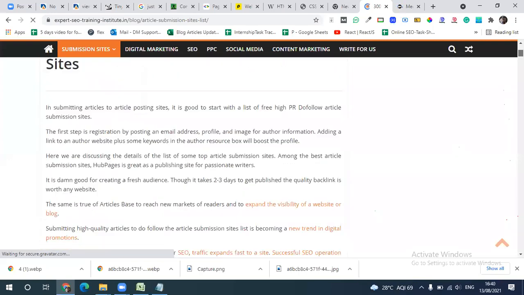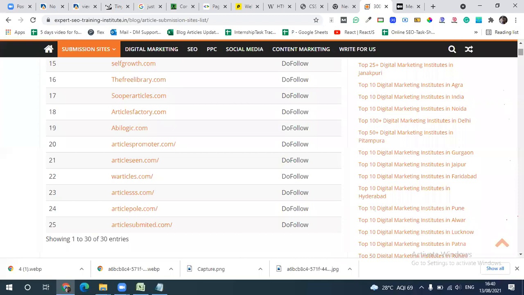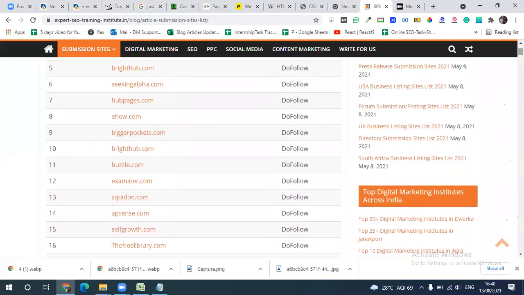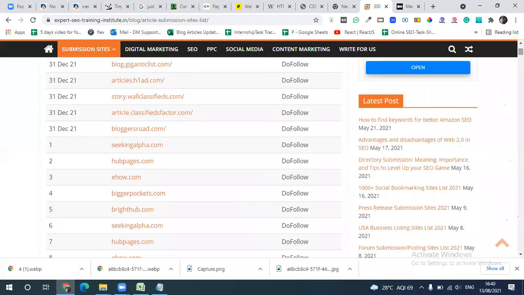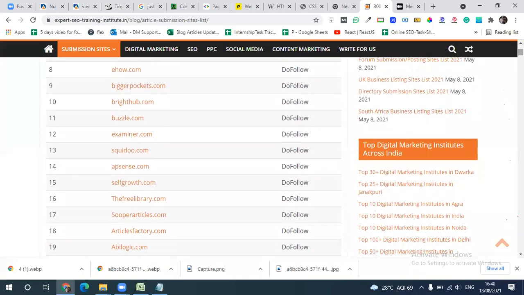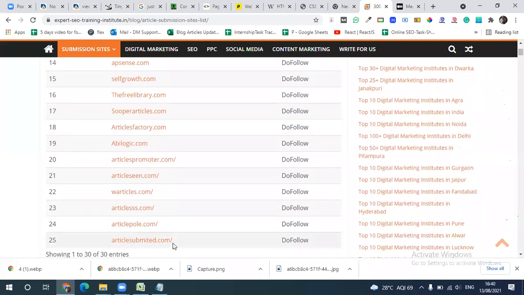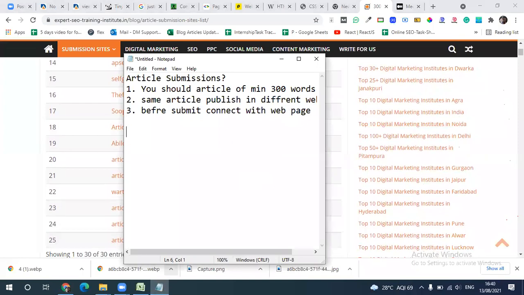You can see here they have given many websites. Here you have to create an account and submit. I will tell you how to do that, but first you have to make a profile. That is very important. What you have to do before submission: make a profile or